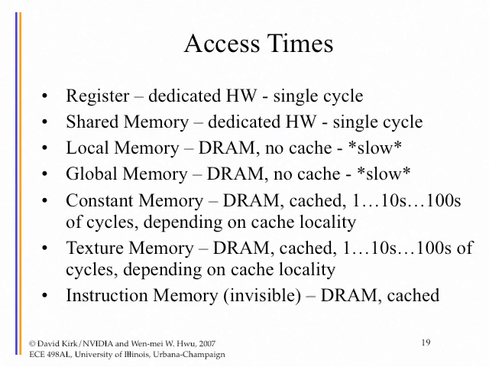Access times. Registers, pretty much one cycle. Shared memory, about one cycle. Local memory, no limit, a minimum of 200 cycles. Global memory, no limit, pretty much more than 200 cycles. Constant memory varies. The first access will be long, but then once it's cached, it's pretty much